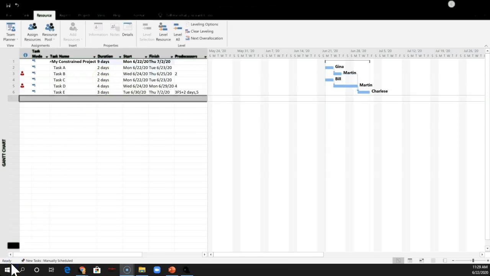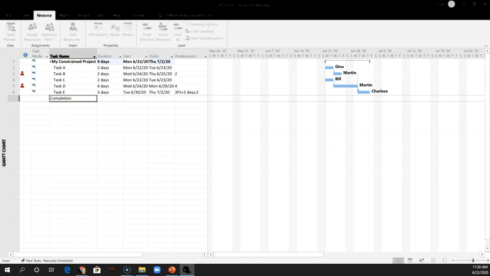If we want to add a buffer on the end of the entire project for the project buffer, well, we don't have a dependency to put it under. We can't put it here because that's going to be the dependency between task D and task E. So one technique you can use is just make a completion milestone and put it at 0 days so it shows up as a milestone.